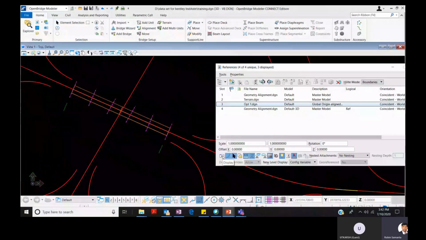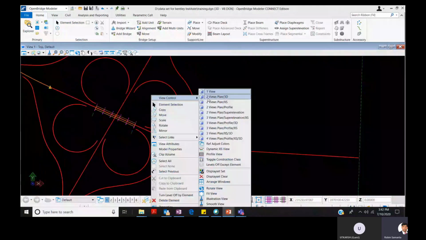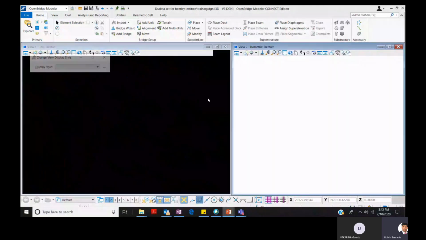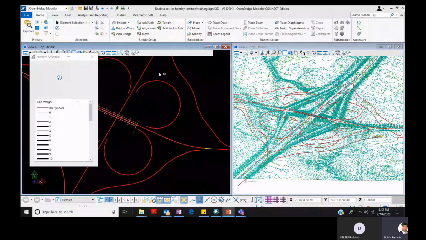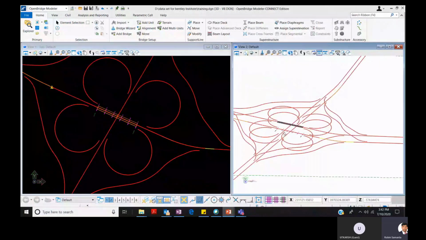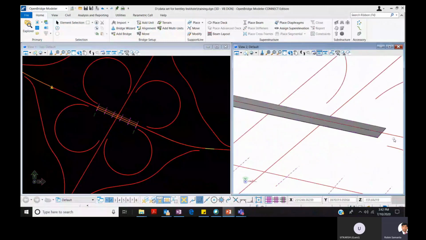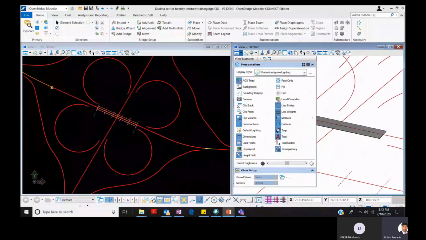Now for easy working, I am switching off that attachment, that is the corridor modeling, and let's visualize in 3D. In view, I go to isometric views, and I will also switch off different layers here, which are basically the minor and major contours. I will do it from here in the label manager. I will switch off the contours, and then I can easily see that there is a 3D deck placed, and the top of the deck working point is attached to my alignment.